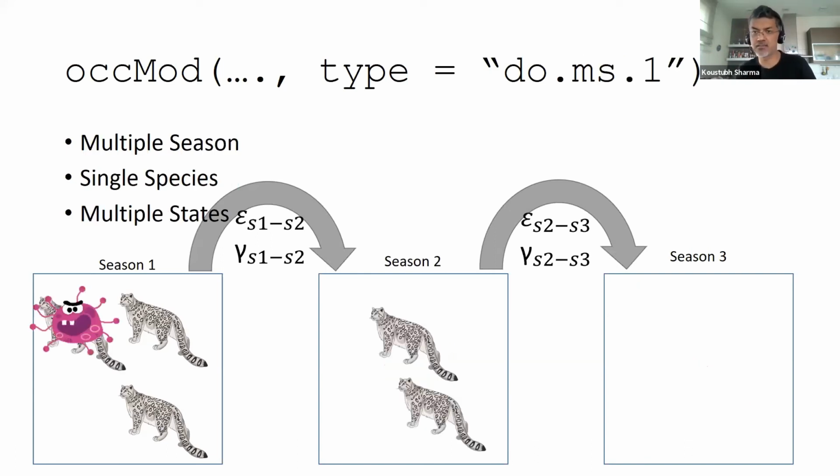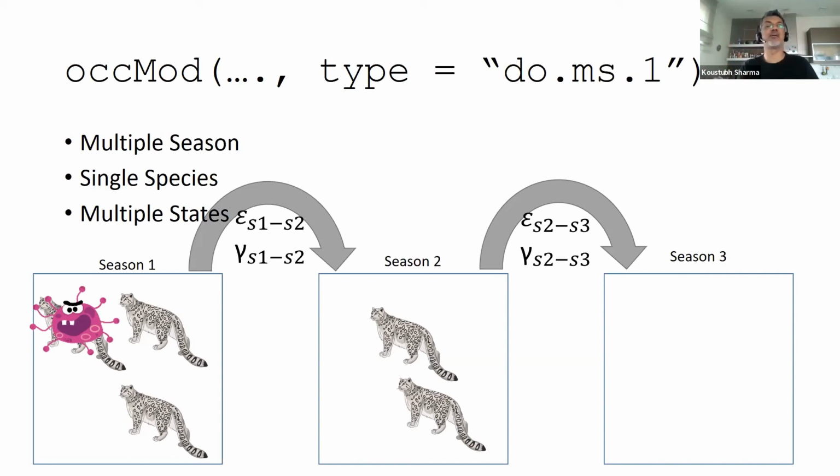Now, this is the last couple of them, and then I'll stop here. But imagine pathogens or diseases that may or may not be present in a species. You may have a situation where neither the species nor the pathogen is present. That's the scenario, let's say season 3, what you're seeing there. You may have a scenario where the host species is there, but there is no pathogen. Or there might be a scenario where some of the species have the pathogen, but again, please note, we've all seen how COVID tests are going. You don't always detect pathogens with 100% certainty.